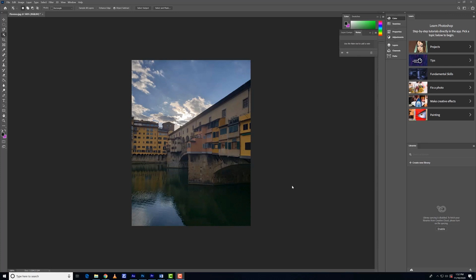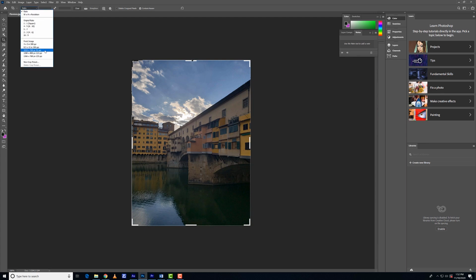Now I'm going to show you guys how to use the crop tool, which as you can see is the fifth tool from the top of the toolbar, shortcut C. Go ahead and press C to select that. You'll notice the second that you press your crop tool, you'll get a bounding box around your canvas, and you